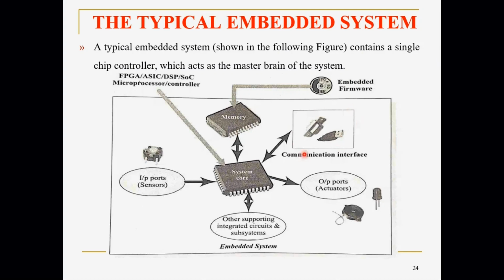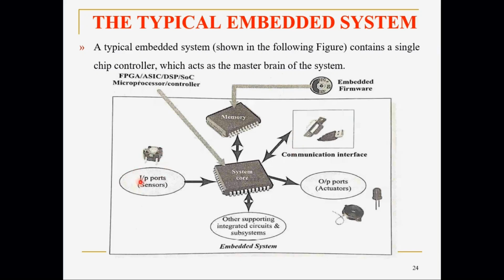Then we have communication interfaces. What are the communication interfaces? This is related to networking. The embedded system may need to communicate with other systems or the user through networking. For example, your modems, your switches, or your CCTV cameras, where you can see what's happening at home on your mobile, sitting anywhere. In such embedded systems, where it has to communicate to the outer world through networking, we have communication interfaces. If it wants to communicate directly to the user in front of it, it will have some other minimal interfaces for the user, like a screen or buttons.